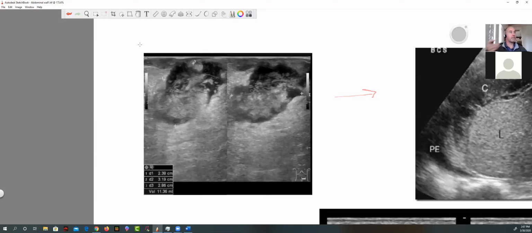So an abscess is an infection. It's an inflammatory process. There's bacteria. There could be pus involved in an abscess. Necrosis. So you have tissue that has been